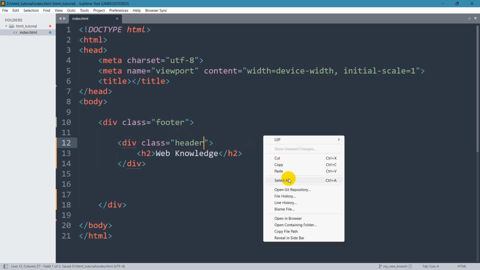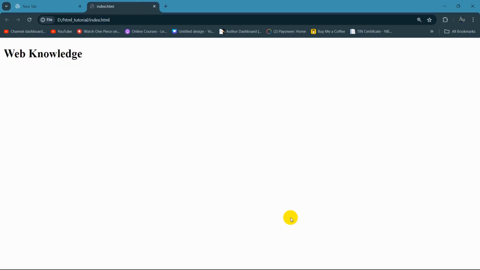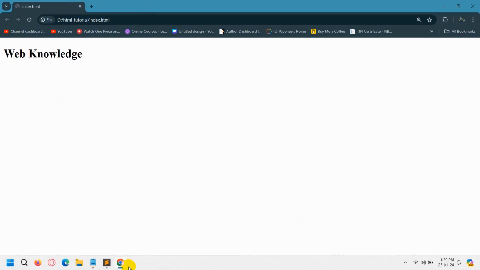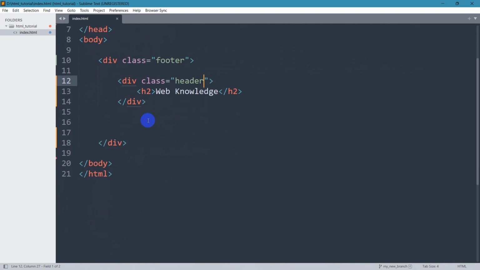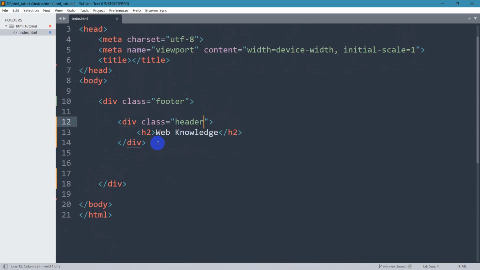So if we now save it, then if we open it in the browser, there you can see we have a text here called web knowledge. So let's go back to our code, and let's just make the basic footer structure using HTML. Then we do the design